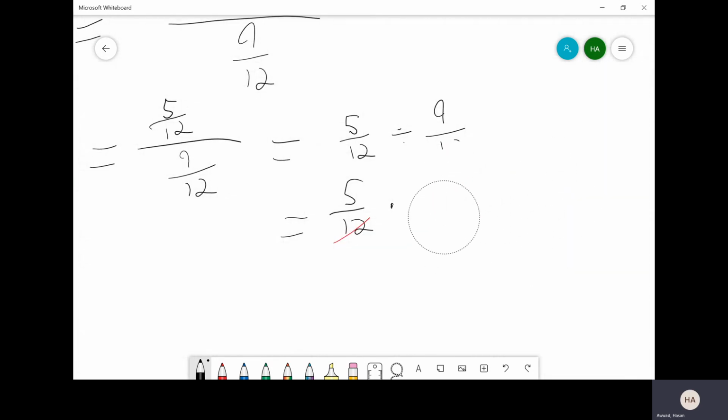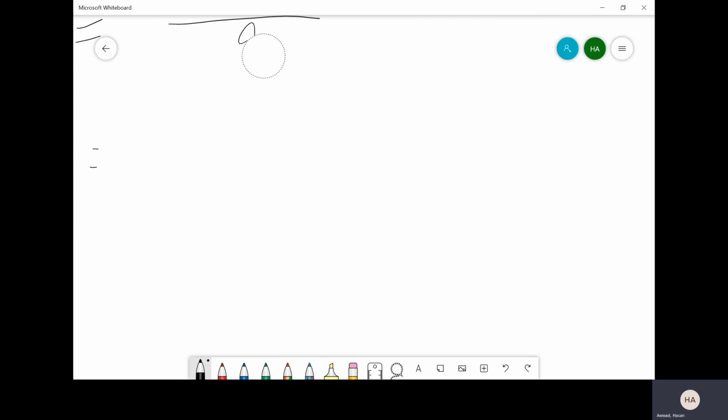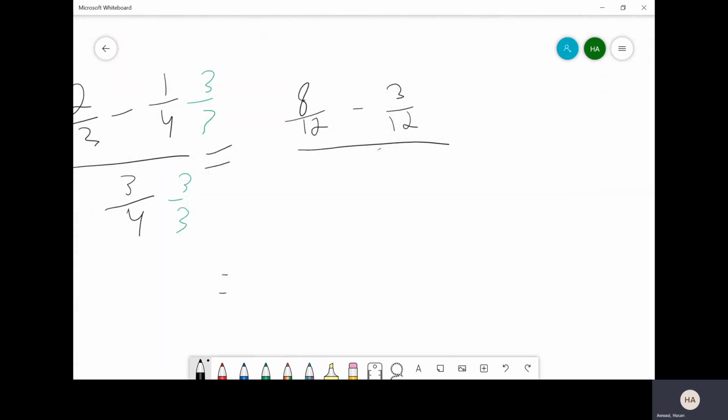Sorry. With the tablet, it lags if I write way too much without erasing, so I want to make sure that things don't end up lagging and ruining the video. Okay, so